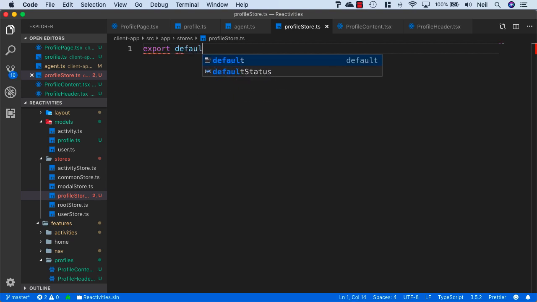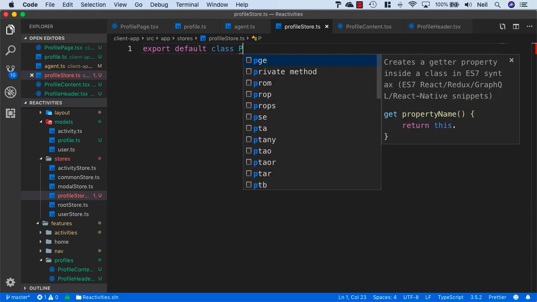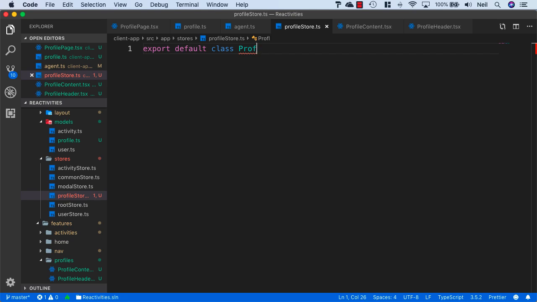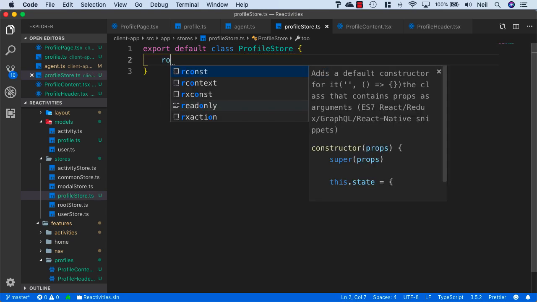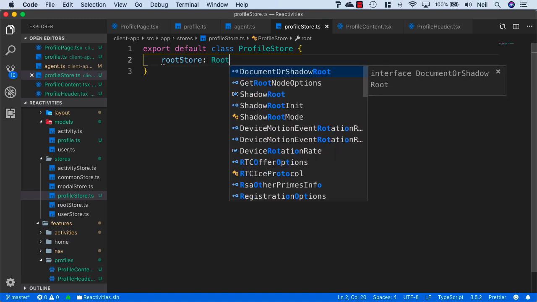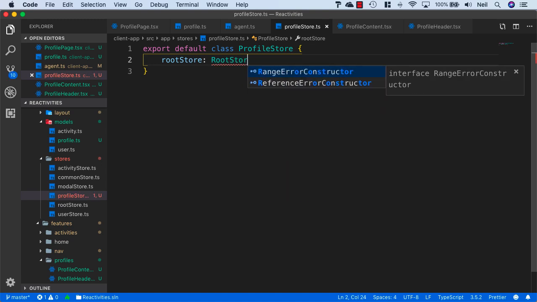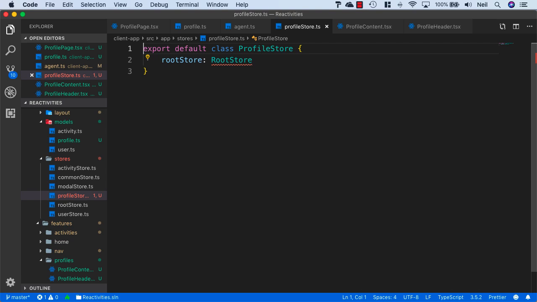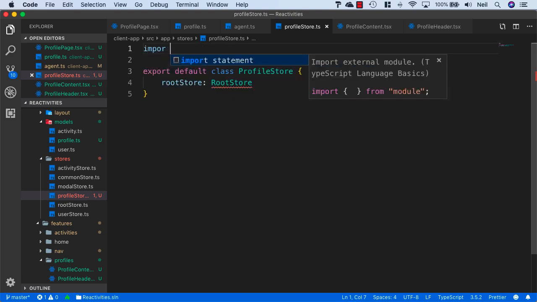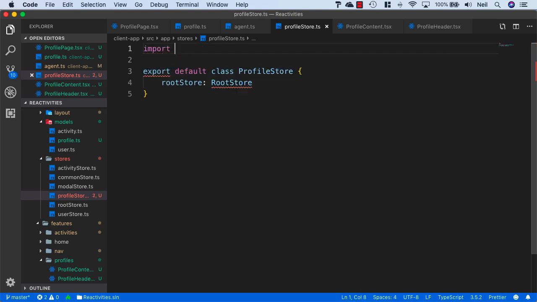So I'm going to say export default class ProfileStore. And let's add a property for our root store of type RootStore. And this never imports automatically, so I'll just import the RootStore from slash rootStore,